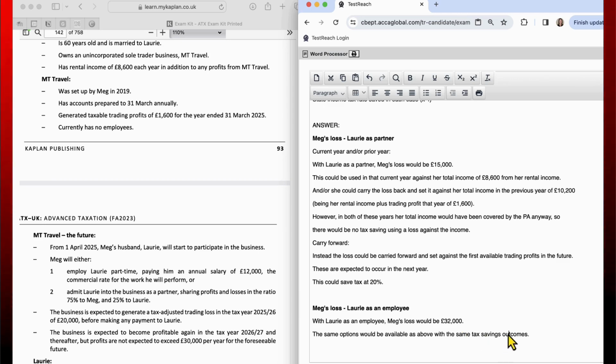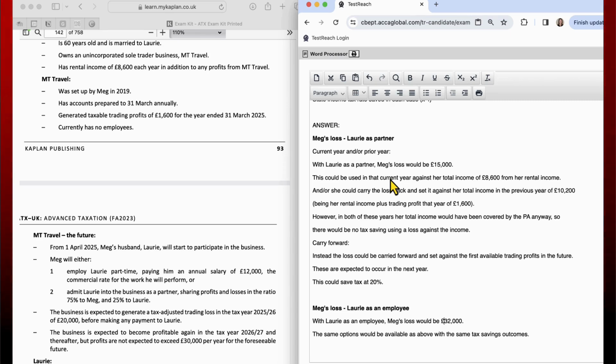So we're not going to repeat ourselves here. There's no way we're going to get the marks for saying the exact same things again. So all I've said is the same options would be available as above with the same tax savings outcomes. Because it's still going to be that she could use it in the current year or carry back, but that would be a waste because those years would be covered by the personal allowance anyway. Instead, she could carry forward because we are expected to be making profits in the future. It might take her a couple of years to make use of the full amount of that loss,